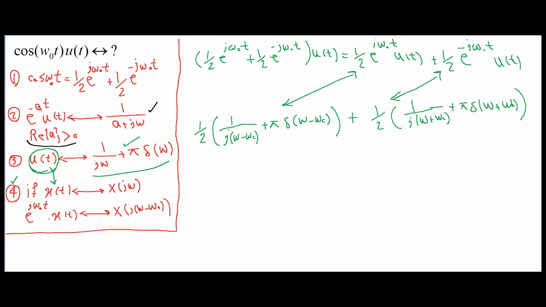And now we obtain the Fourier transform. We just need to simplify it. If we combine the delta terms, we get pi divided by 2 times delta of omega plus omega 0 plus delta of omega minus omega 0. And if we combine the two rational terms, we get